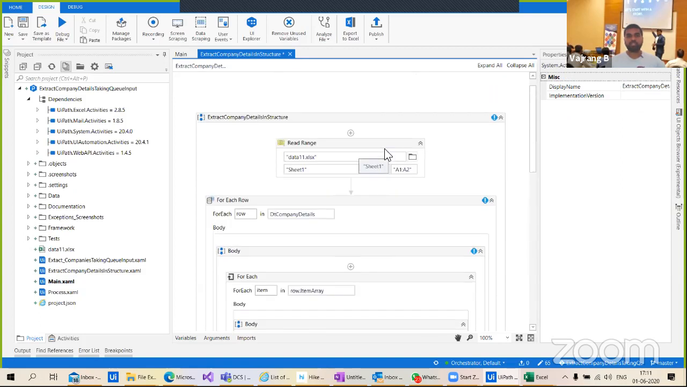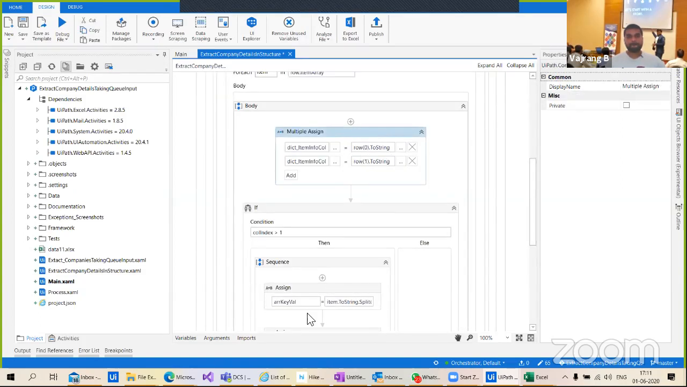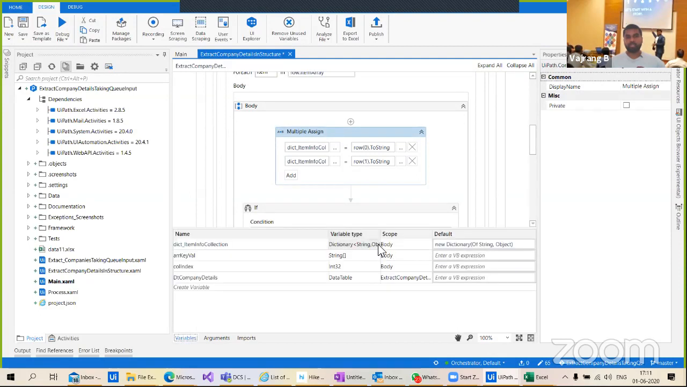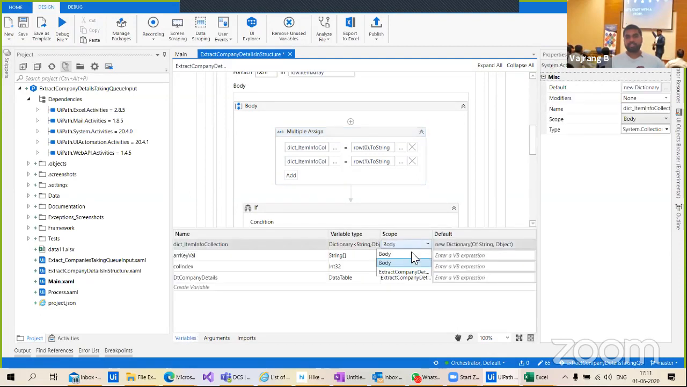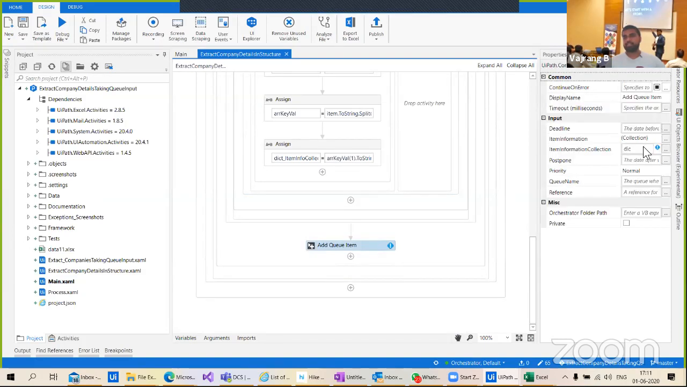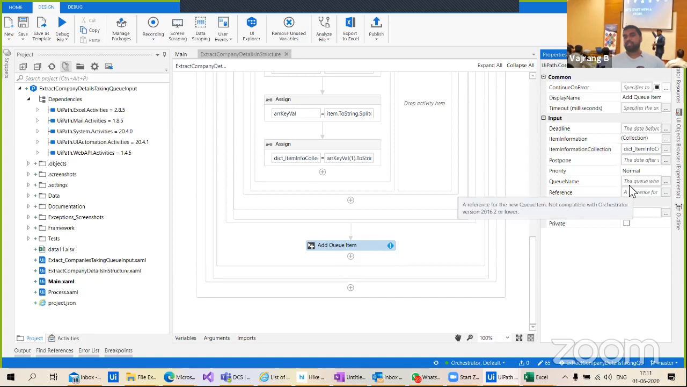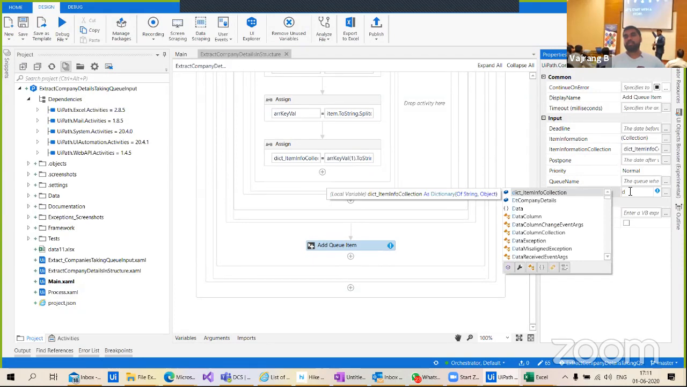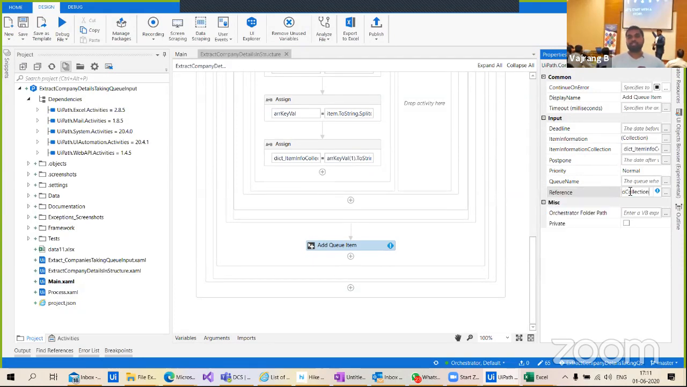Let's add the scope for this. Let's add scope here. Dict information collection. Let's add it to company details. So this is where we require all the company details. And here let's mention the information collection, and here let's give the reference path. So what reference can I give? I can give this as dict information collection, or else I can also use this